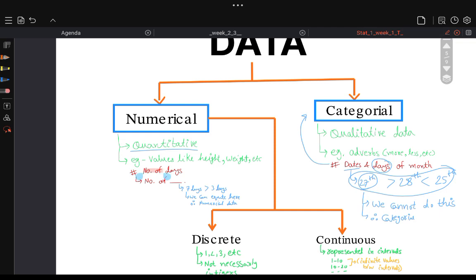And the values like height and weight come under numerical data, whereas the adverbs like more, less, etc. come under categorical data. Numerical data generally consists of numbers and categorical data generally consists of words. But we cannot infer for every situation, right? Like, see,